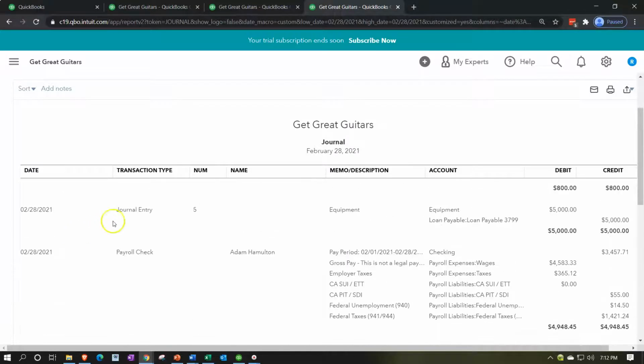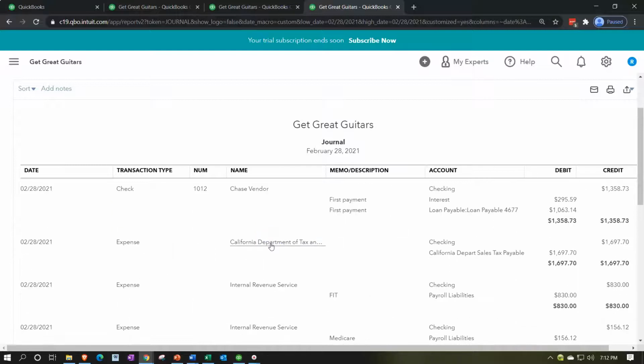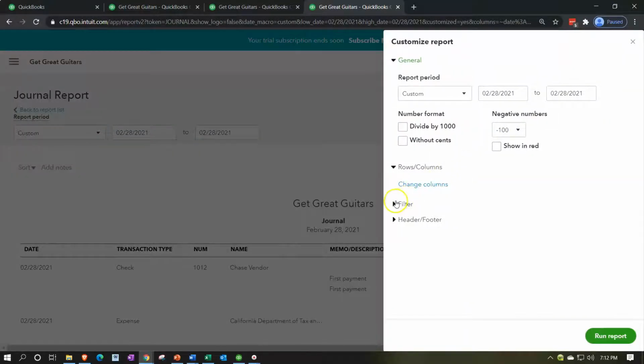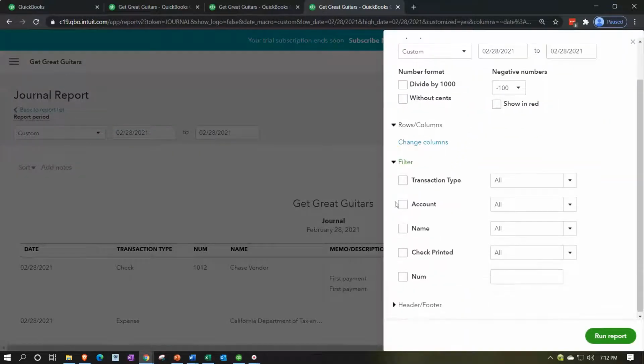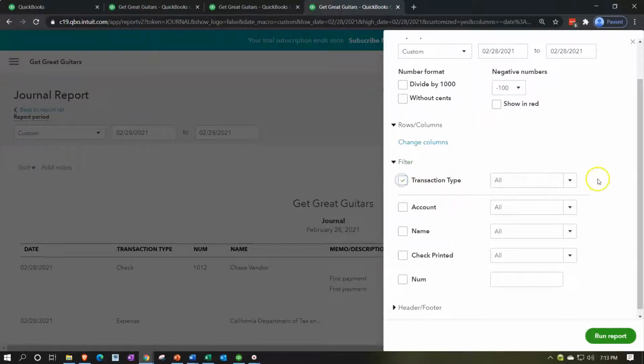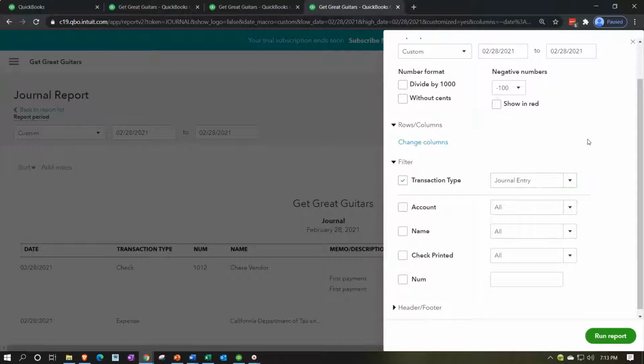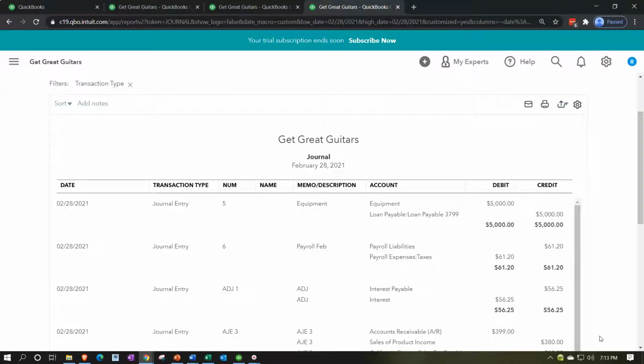The other thing we can narrow by is the journal entry, which is useful. So I'll go back up top and say, okay, now I just want to see the transaction type as a journal entry. So I'm going to customize, and let's go to the filters up top, and look at the transaction type, and we want journal type of transactions, a journal entry, because all of our adjusting entries are journal entries, even if we entered them into the register. And then if we run that report, now we've got basically our adjusting entries for the most part, not perfectly,